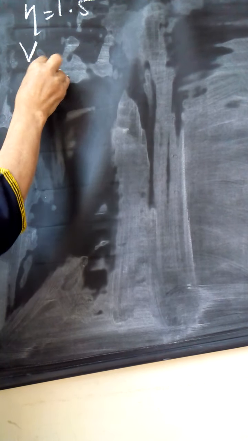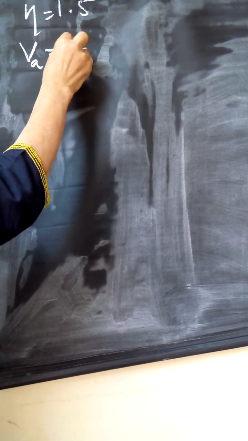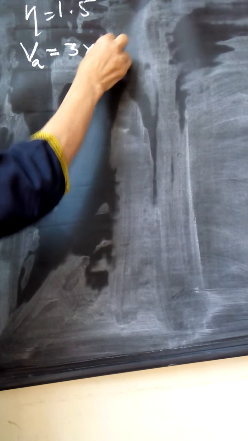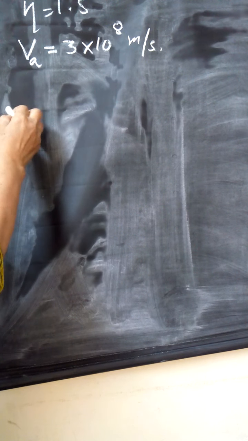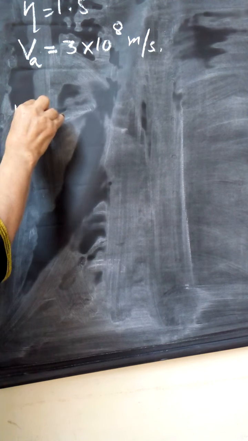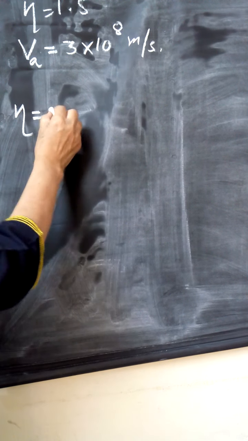You are given refractive index of glass as 1.5 and you are given the velocity of light in air as 3 into 10 raised to 8 meters per second. Now you are supposed to calculate the velocity of light in glass. Now we have the formula for refractive index eta in terms of velocity of light as V eta